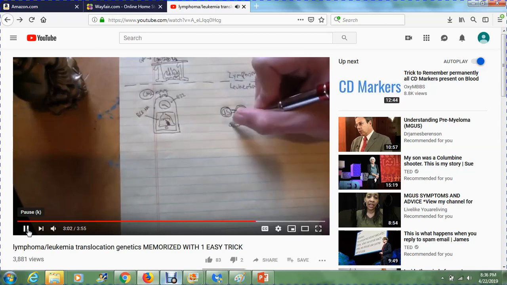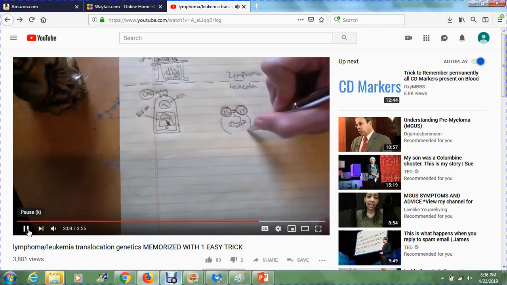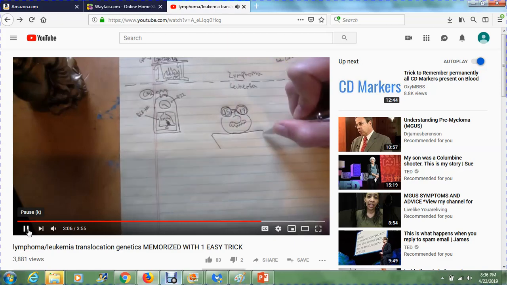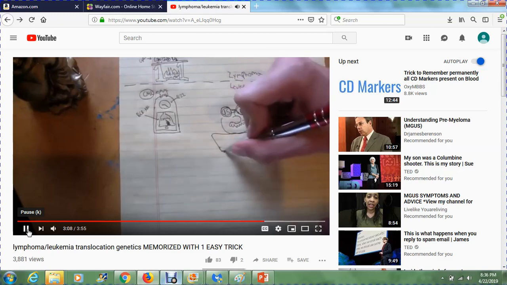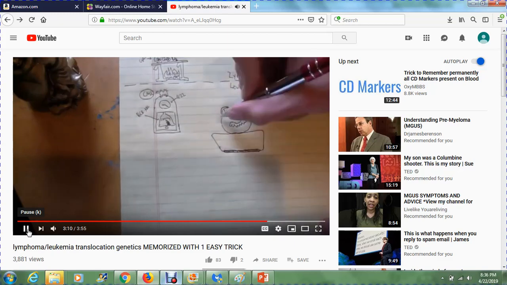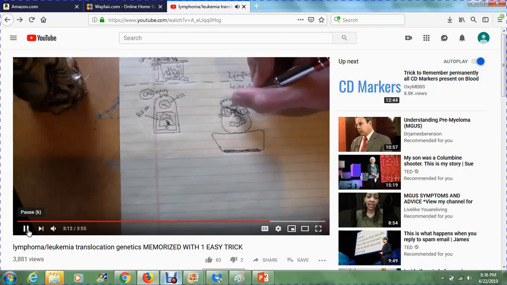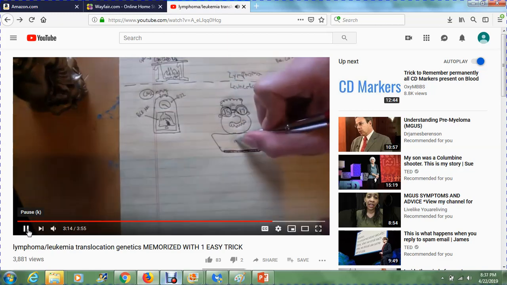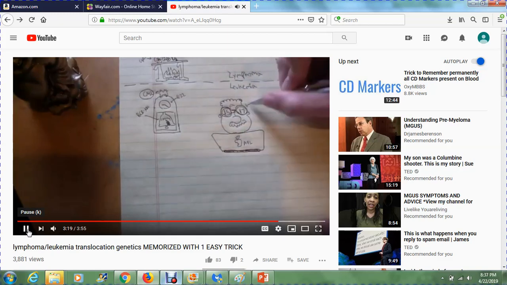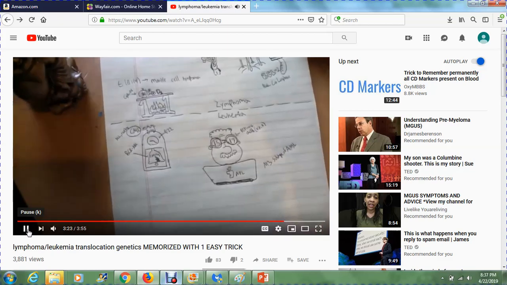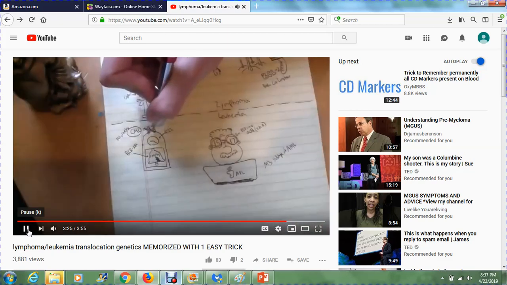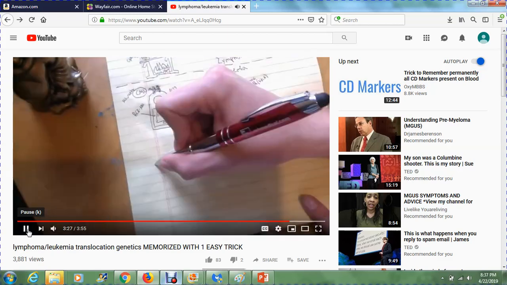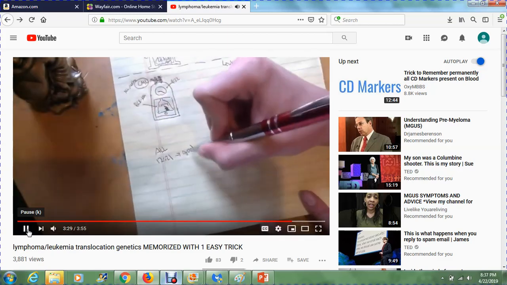Next, we're going to talk about the other leukemia that we need to know about. 1517 is a translocation. This is APL, acute promyelocytic leukemia. So we have this guy with his weird sunglasses, 1517, working on his Apple computer, APL. And the reason we're including the glasses is because it responds well to retinoic acid or vitamin A, which is